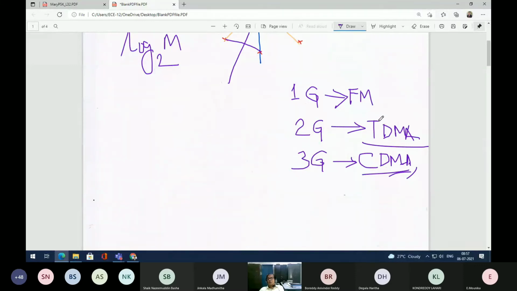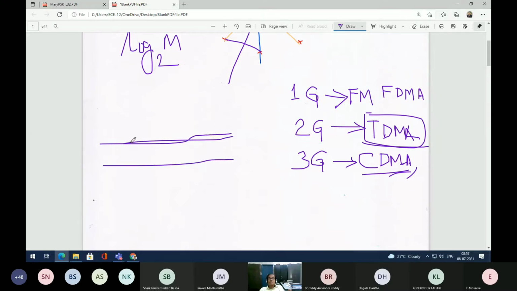But the slots here, it is FDMA here. That means once you allocate the frequency band, it is blocked completely by the person who is actually engaging. In the case of TDMA, it's not like that. You are allocating a particular frequency band to a particular person only for a small duration of time. So the total duration for allocating any particular narrowband channel is divided into a number of time slots. This slot is allocated for user 1, let us say. This is allocated for user 2. This is allocated for user 3, and so on.